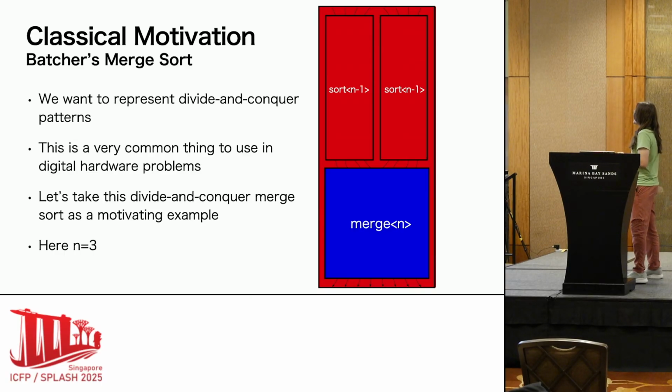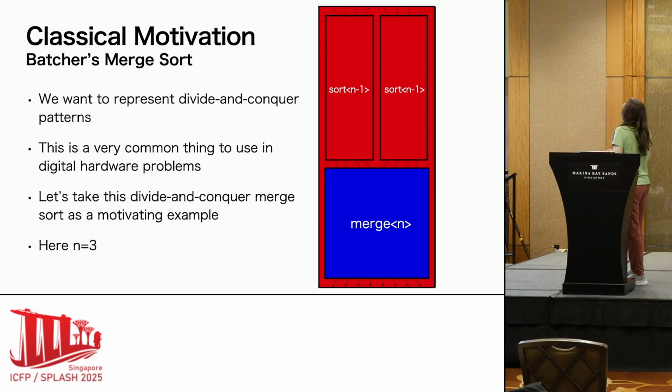So the important thing about the merge sort is the structure of the algorithm is recursive. This big red box is sort n, and we have two implementations of sort n minus 1. We split our inputs in half and pass each into sort n minus 1, and then collect them all together in a big merge box.